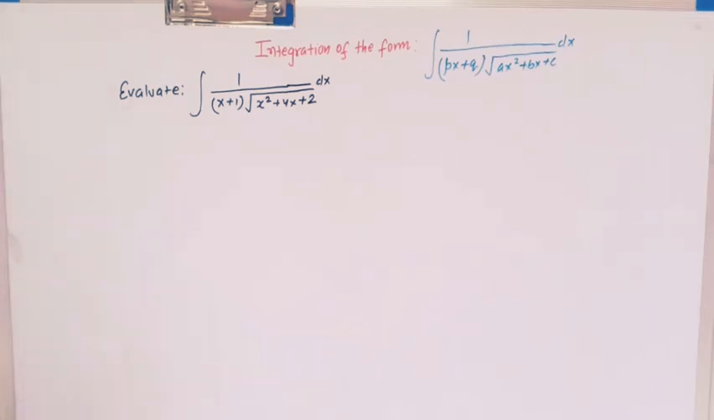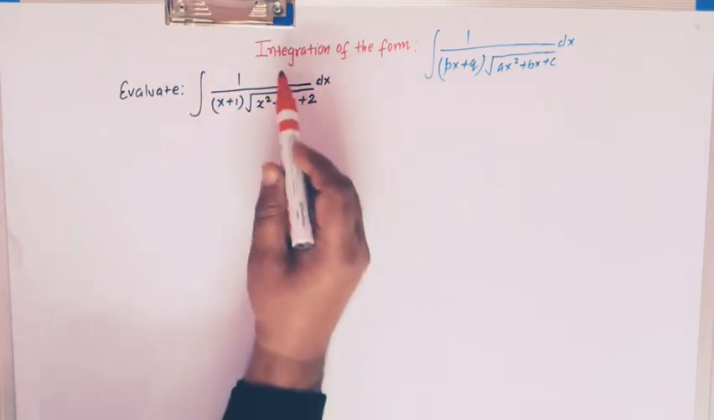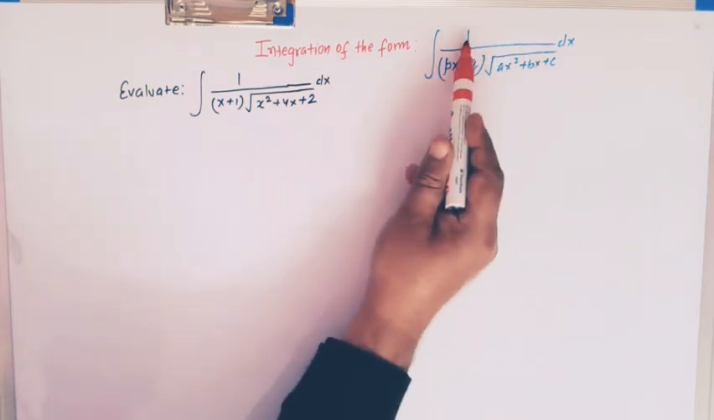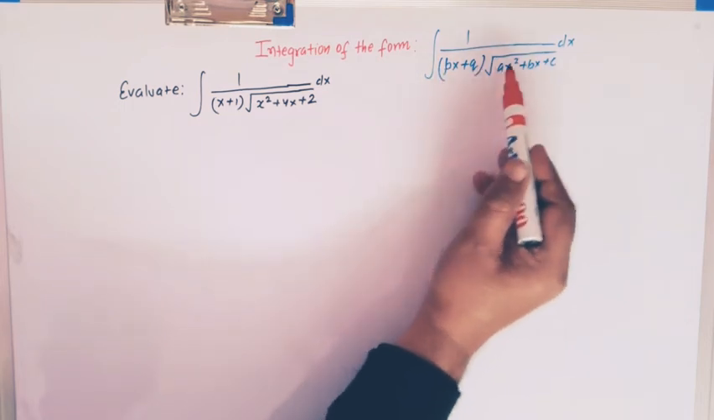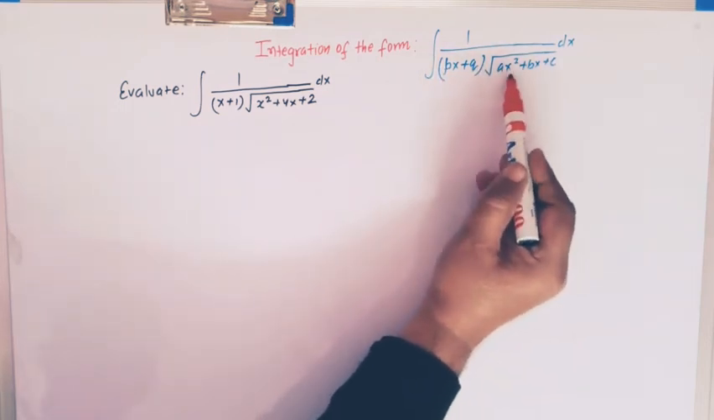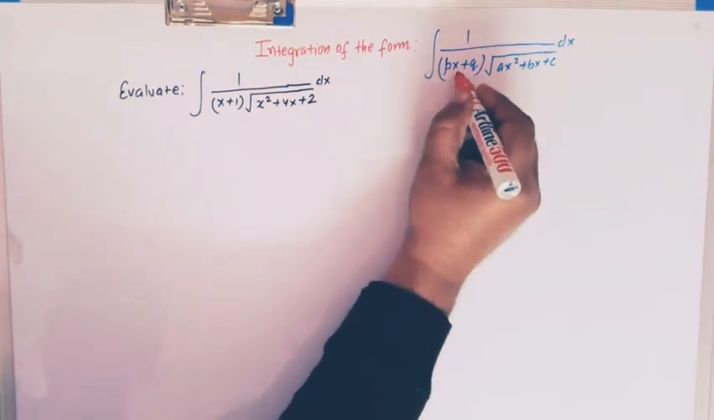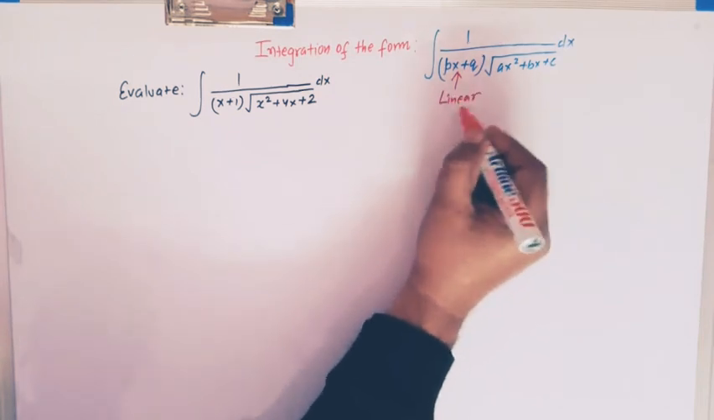Hello viewers, in today's class we are going to take up one more important form of integration, and here we will learn how to integrate a function like this. So here the function is given as 1 over (px plus q) times the square root of (ax square plus bx plus c). So here we see that px plus q is a linear factor, and